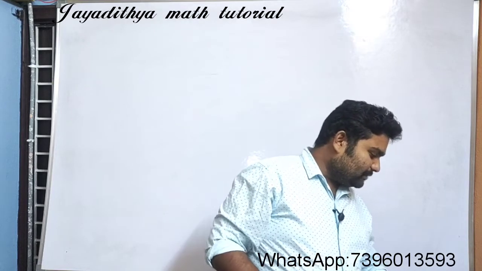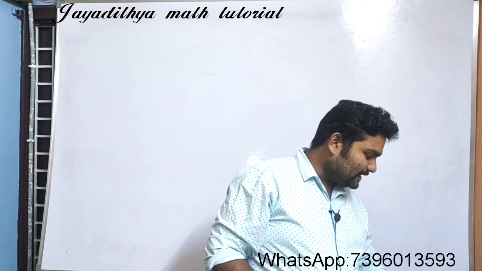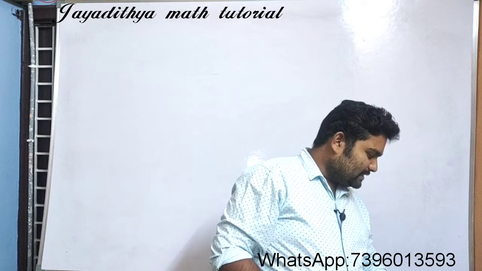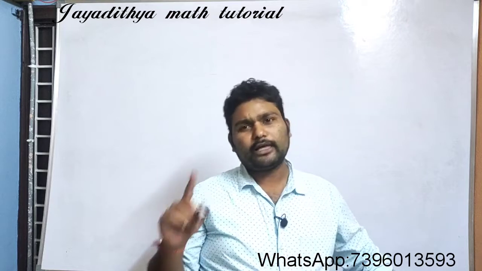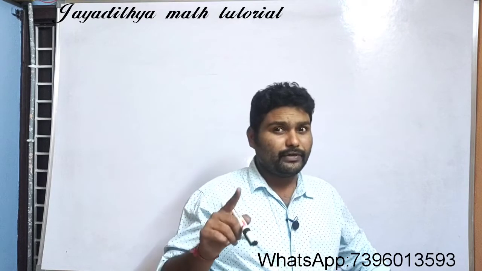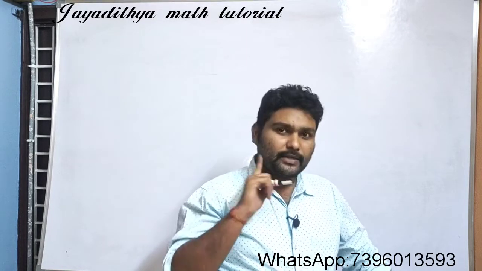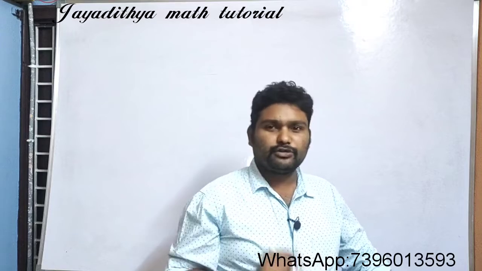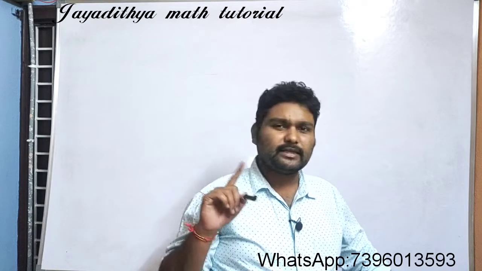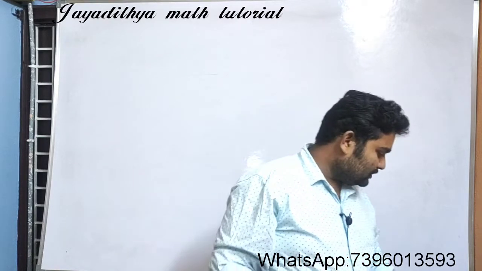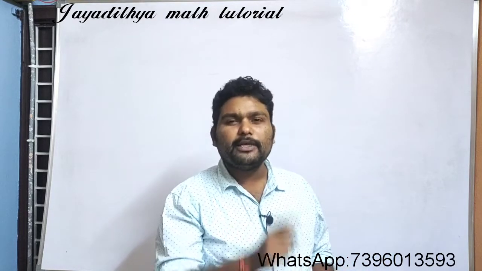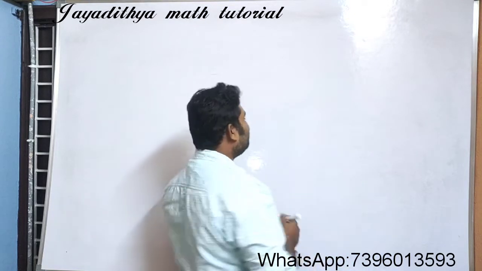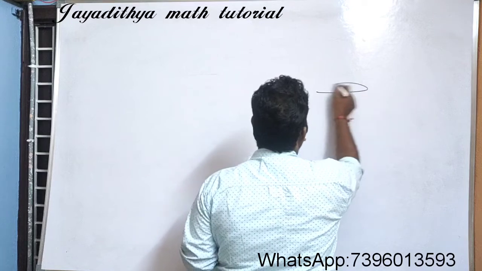So see here, the radius of a conical tent is 7 meters. Read the question thoroughly and draw the figure correctly, then apply the formula, then substitute the values, and you will get the answer easily. So the radius of a conical tent, here the problem is related to a cone. First of all, you draw the cone.